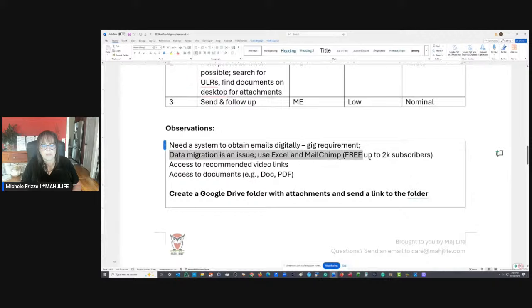Also, because of the issue with data migration, having that digital list is going to save time. But also, if you use Excel instead of Word, if you don't want to use MailChimp, you could use Excel temporarily and just have a spreadsheet for each class. But then you might be having the same students. I just think it'd be easier to have an ongoing list. But do the same students come to your lessons, or are they different all the time?